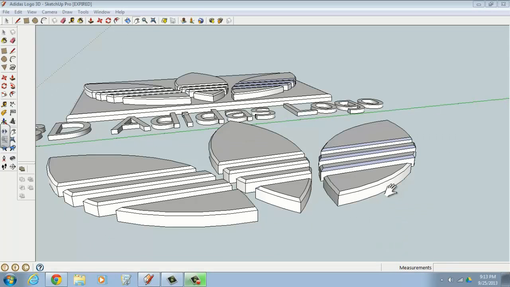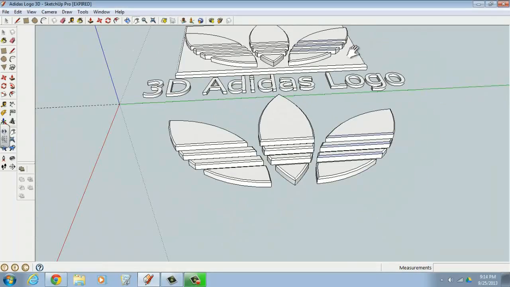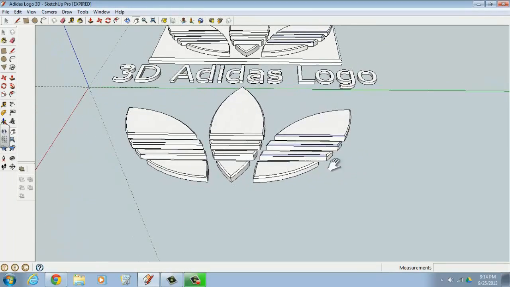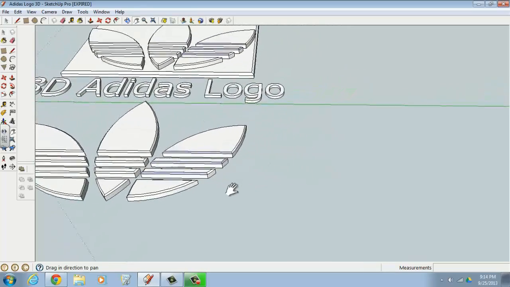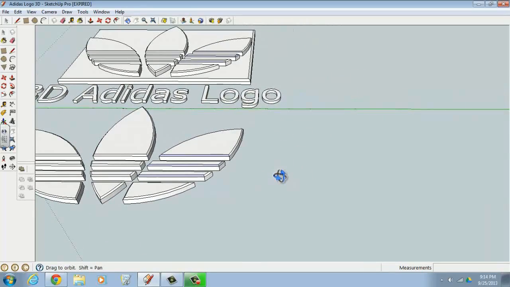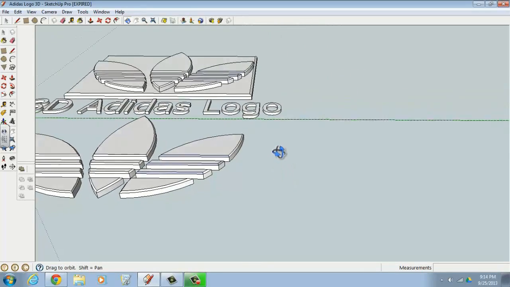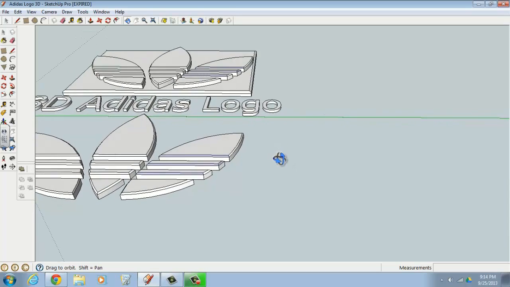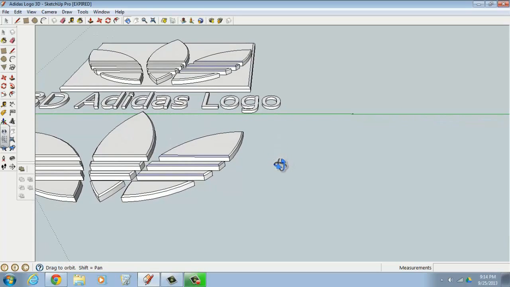Now that we have all the bevels finished, let's go ahead and make our base with which this logo can be printed onto. So I'm going to go ahead and make that base over to the right, move over, give us some space. We'll slide it underneath the current logo that we have and size things so it works. So I'm going to start by just making a rectangle from this green line